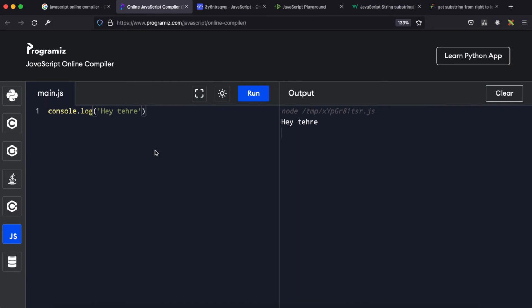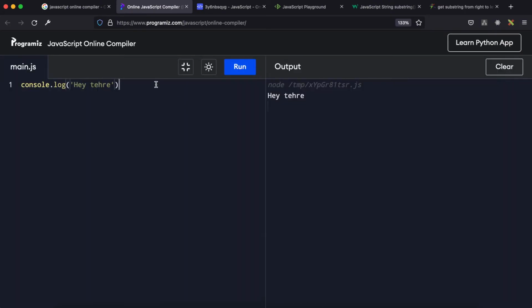In this tutorial, we are going to experiment with the substring property. So say we have a variable called something over here, and it's set to